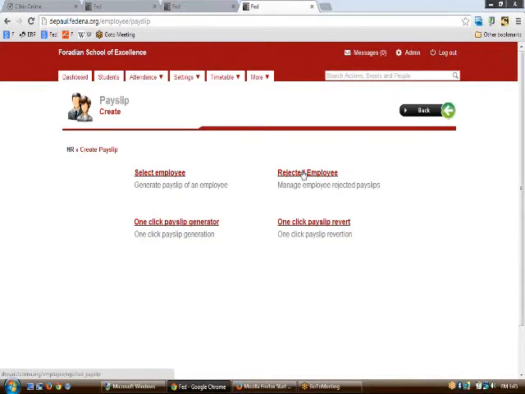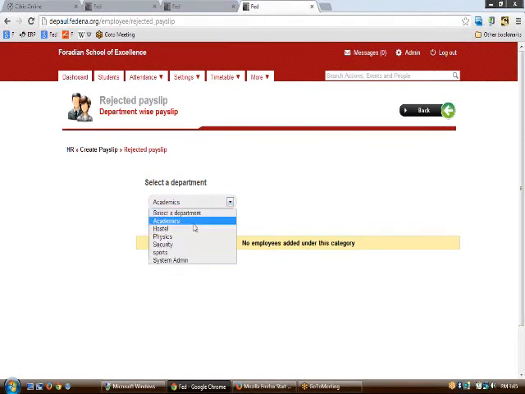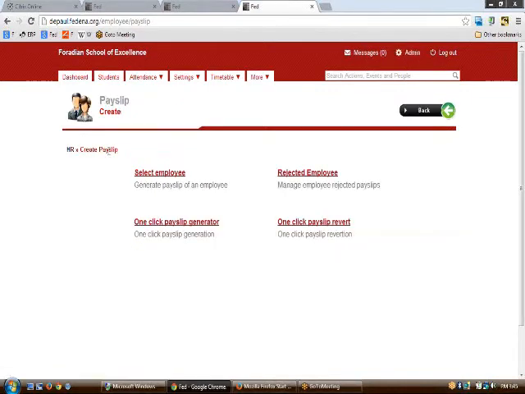If it's approved, the transaction will be completed, but if the payslip is rejected, then the list of all the employees whose payslip is rejected will show up in this particular link. In this particular department, we do not have an employee whose payslip has been rejected yet. Otherwise, you would be able to see the list of all the persons whose payslip has been rejected.